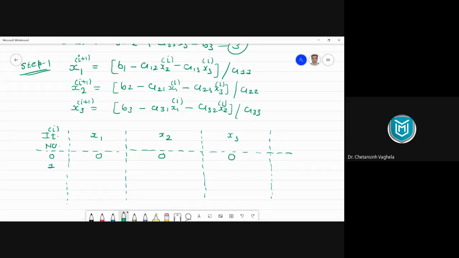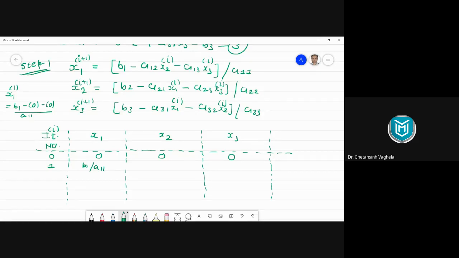Right? So first what will happen when I take I equal to 0 here, from equation 1? In equation 1 I have x1, then 0 plus 1 will be 1. That means this is my value of first iteration. So this is equal to, I have b1 minus a12 x2, but my x2 is 0, right? For 0 iteration, my x2 value is 0, so this is 0 minus 0, divided by a11. So this b1 upon a11 is my first value.